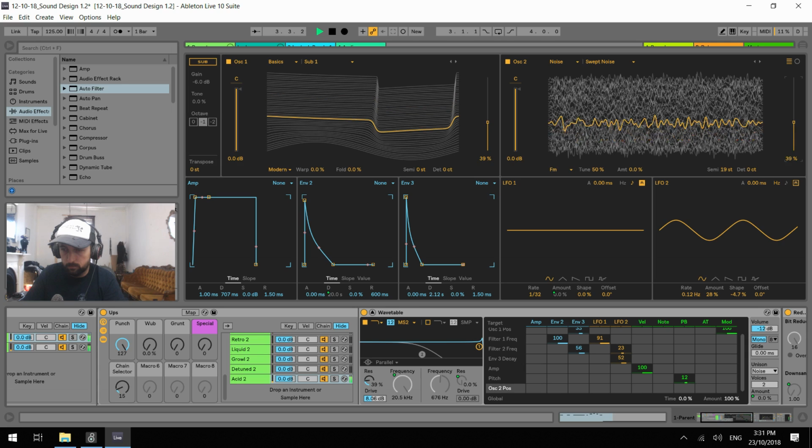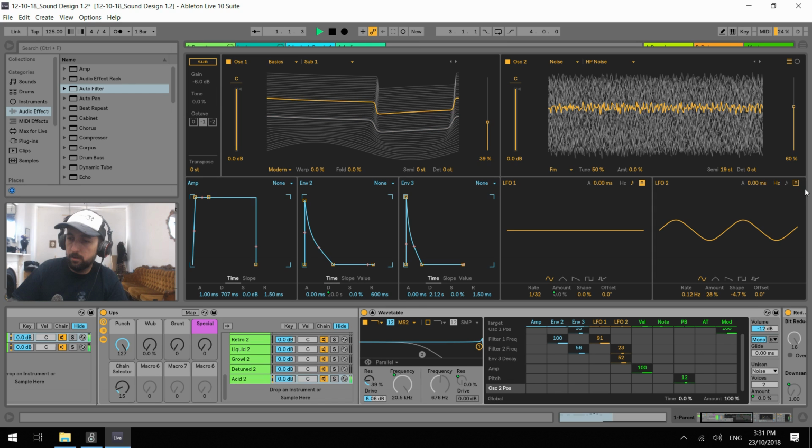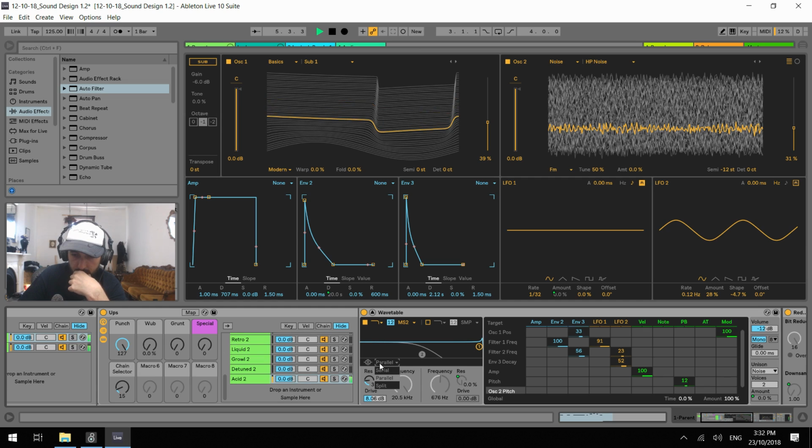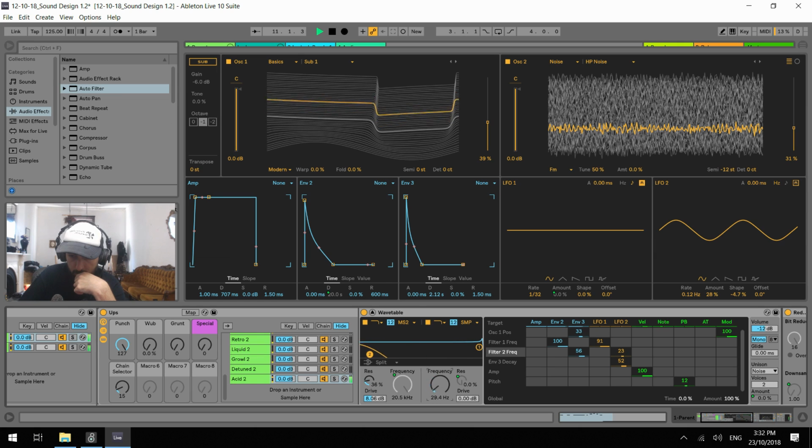I kind of like that almost already. It's quite simple. So we'll give envelope